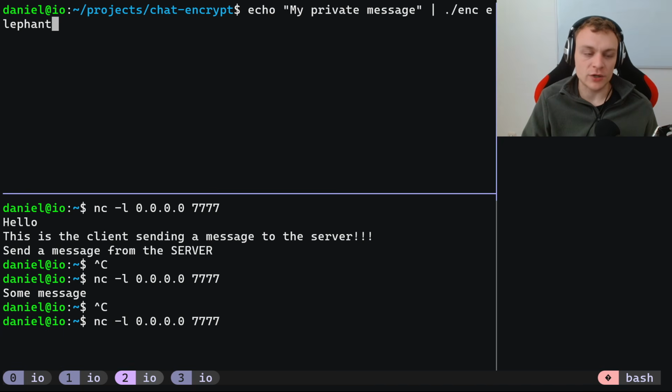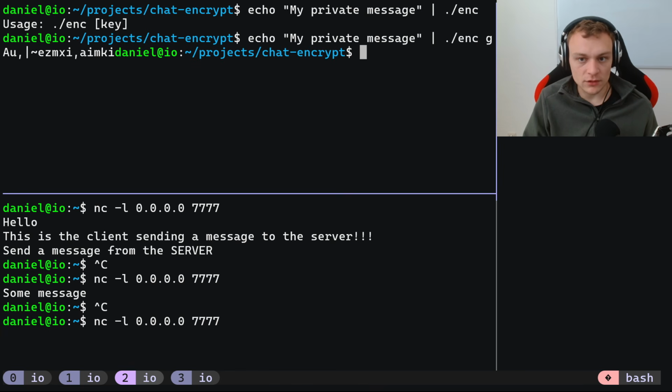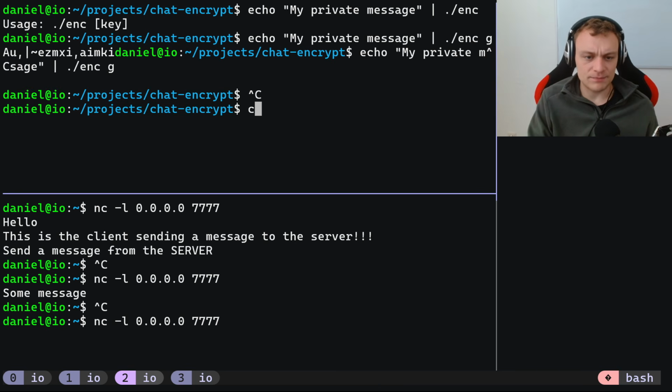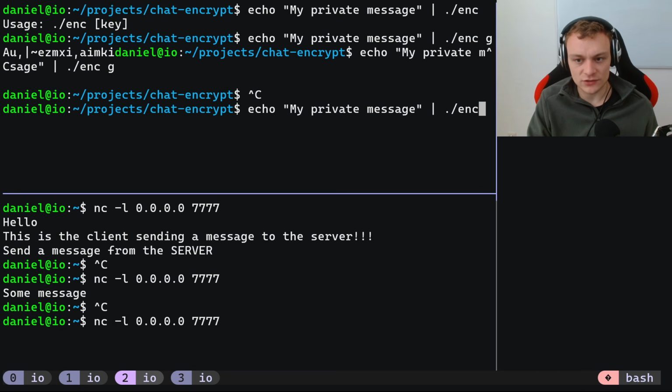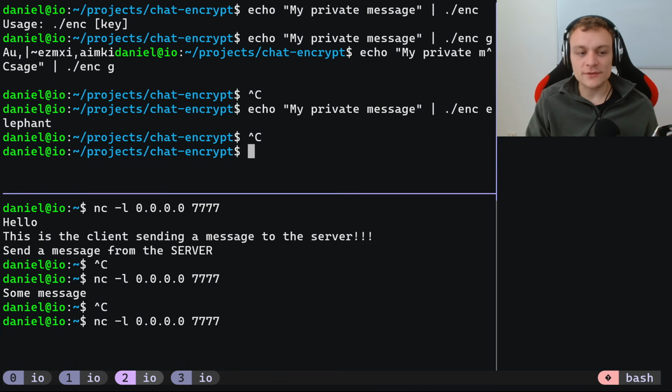I'm echoing my private message into the encryption program, and if I don't provide a key, it prints out the usage thing. If I do provide a key, it outputs something. Somehow the key elephant is not okay. Elephant. Maybe